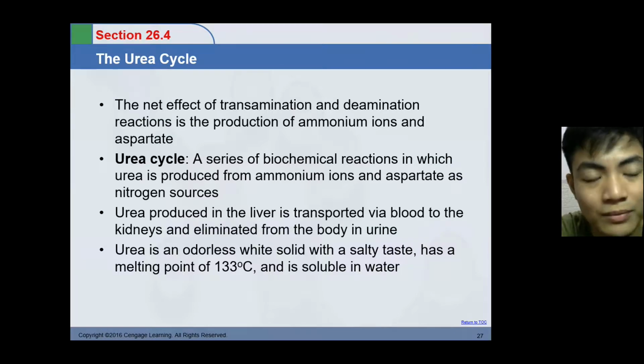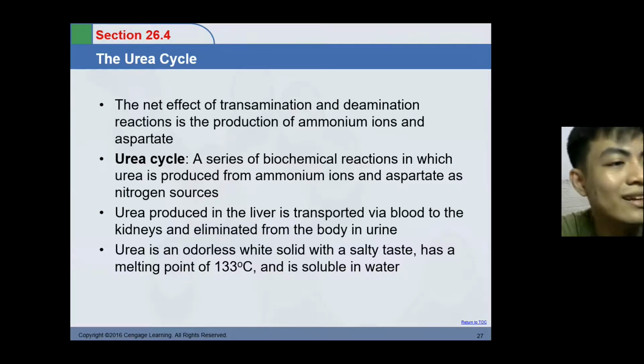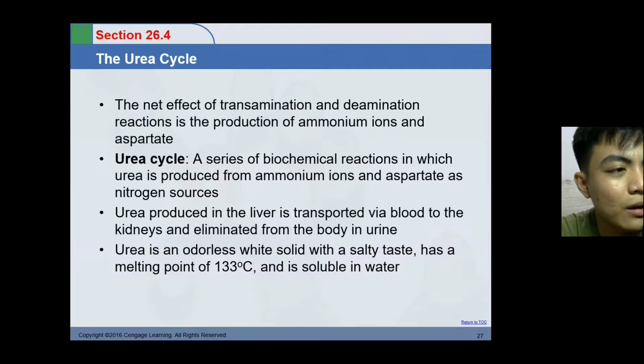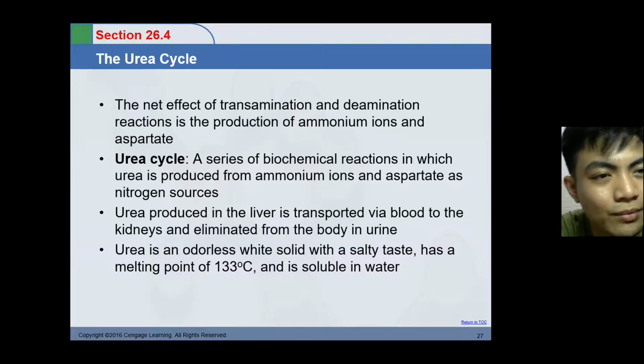Into something else. Pwede tayo gumawa ng urea cycle. Cycle na naman. Okay. So when we say urea cycle, it is a series of biochemical reactions in which urea is produced from ammonium ions and aspartate as nitrogen sources. Okay. So, tandaan, kapag sobrang dami na yung ating mga ammonium and aspartate, medyo delikado yon. So, especially ammonium ions. So, they need to be gotten rid of from the body through urea cycle. Okay? So, in the urea cycle, magpaproduce tayo ng urea with the help of